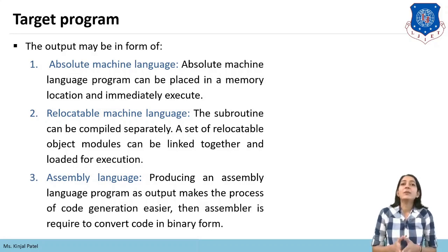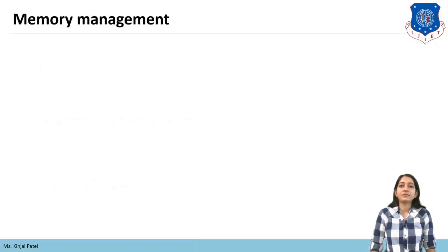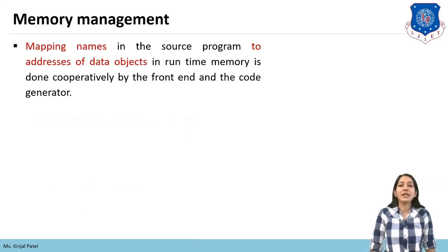When the program is larger, meaning there are a larger number of modules in the program, then it is preferable to use an assembler to convert our assembly language into machine language. And when our modules are small, then we can generate absolute machine code or relocatable machine code from the source program directly. And the most popular one is relocatable machine language. Now the third issue is memory management.